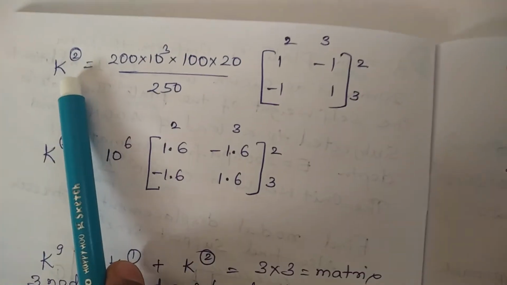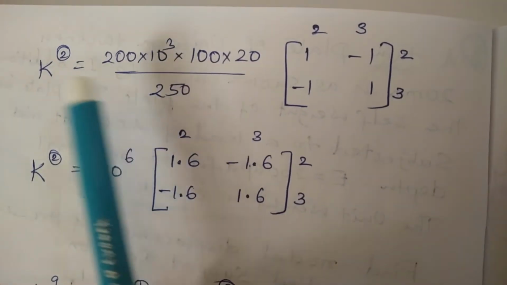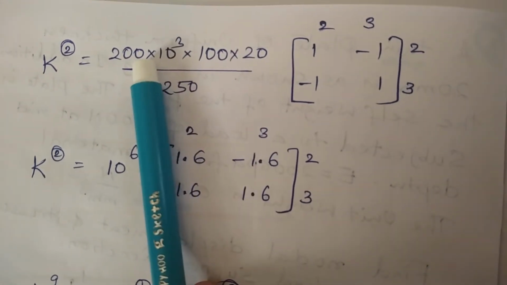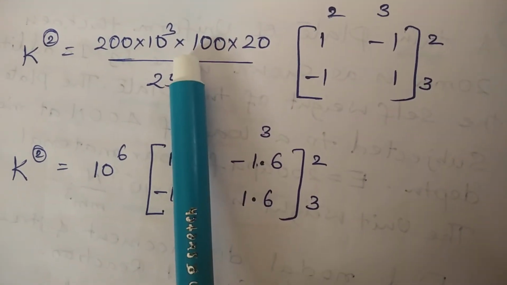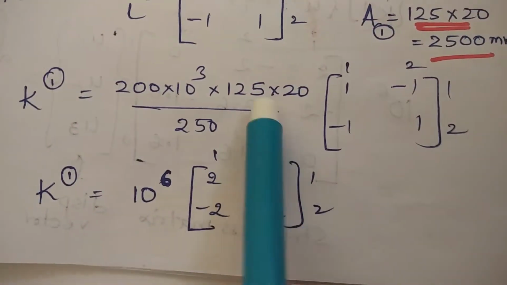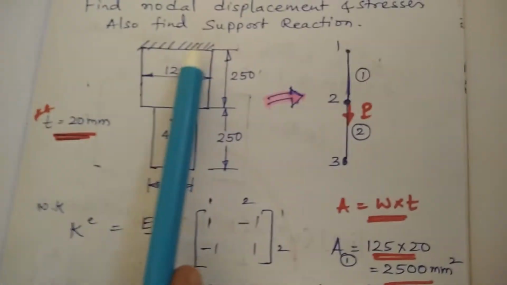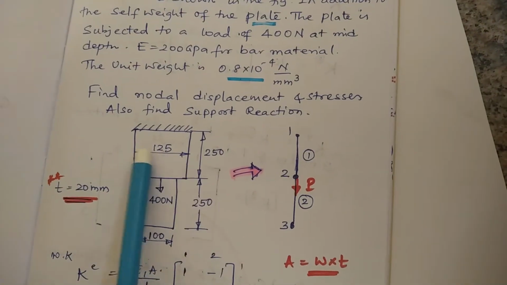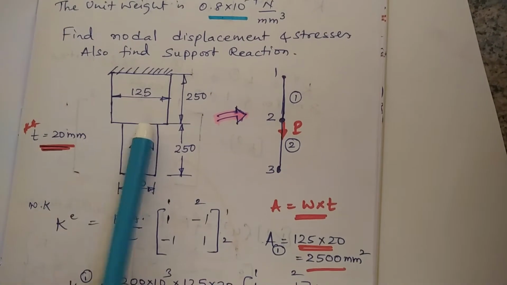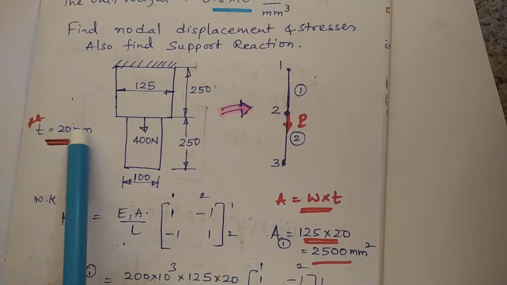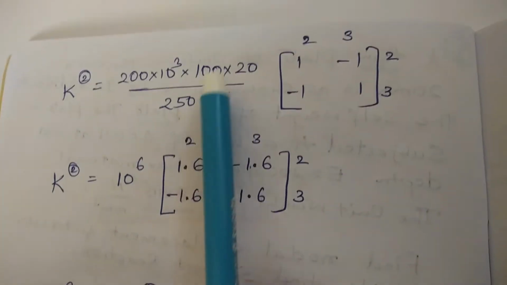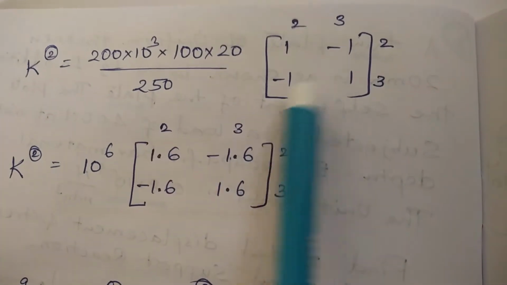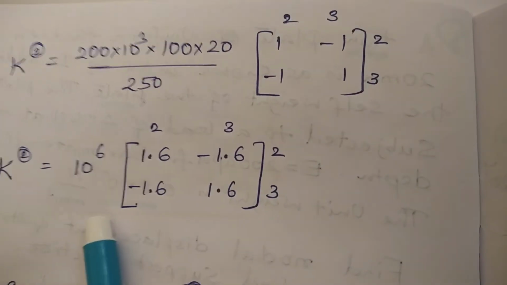Come back to element matrix 2. For the element stiffness matrix of element 2, the area of cross section is 100 into 20. Have a look into it. In the previous step it was 125 into 20. I am focusing on cross section number 1. Look at this, 125 is the width and the thickness is 20 mm. You can see in the third dimension, the z direction, the thickness, the depth. Similarly here it will be 100 into 20 for the bottom portion. Carefully, then, the connectivity is 2 3, 2 3. Then you get the simplified version.